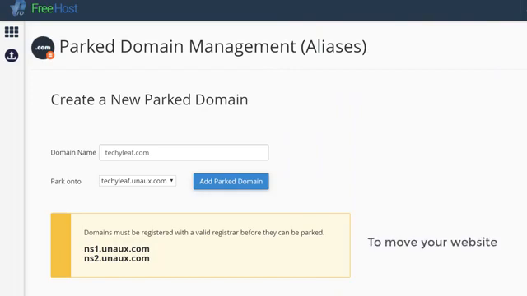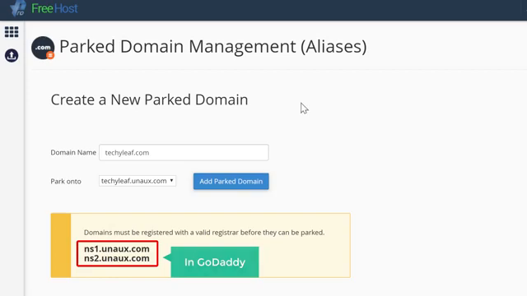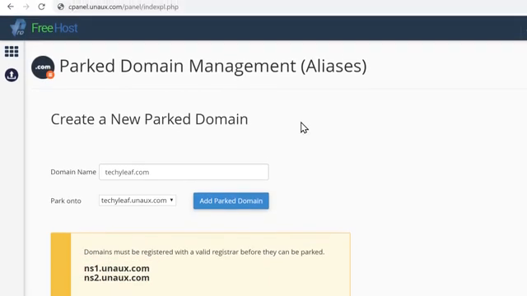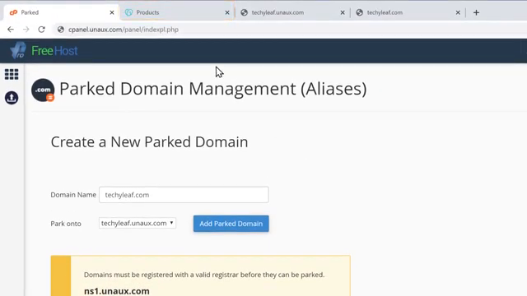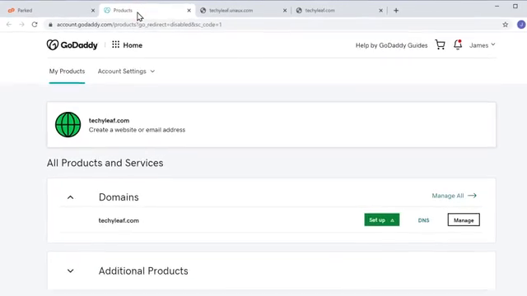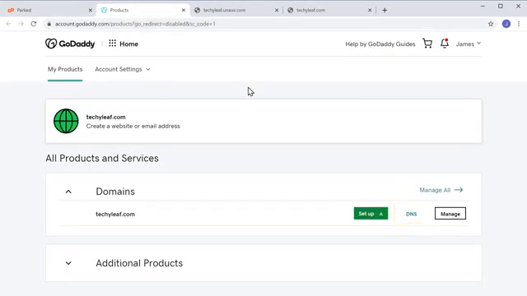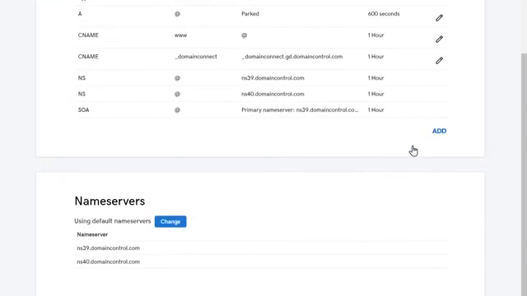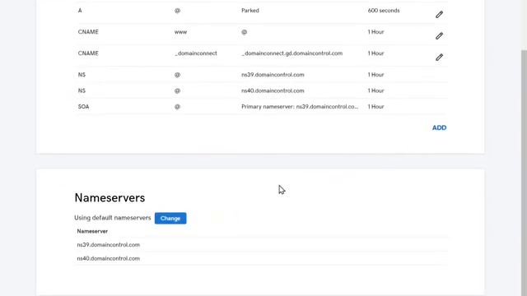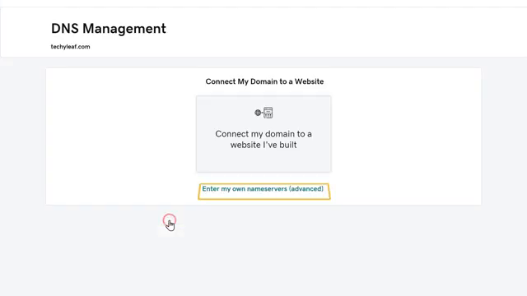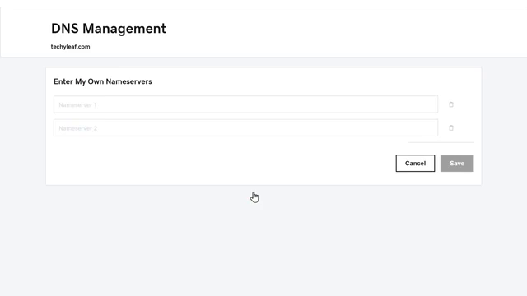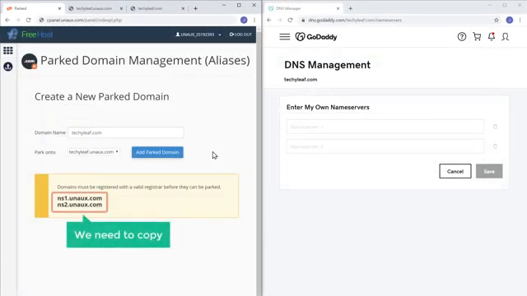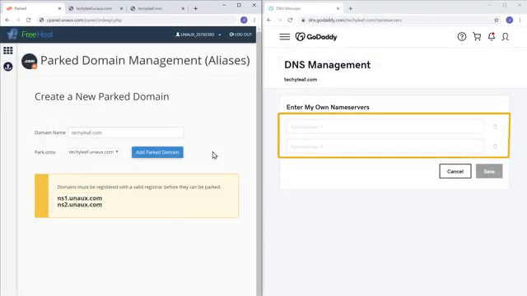Now to move your website to your new domain, you need to add these 2 details in GoDaddy. So to add these details, let's go to GoDaddy and click DNS. Now scroll down and click Change. And then click here. So now we need to copy these 2 details and paste it here.